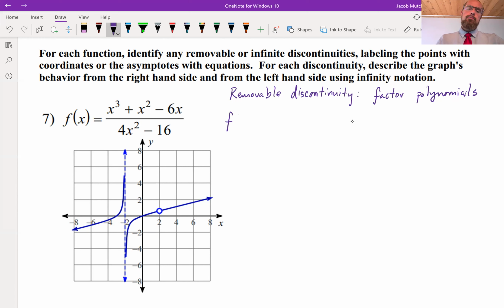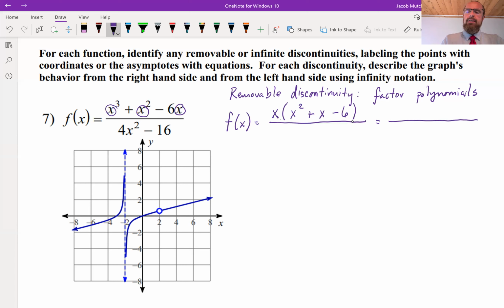So from my numerator, this is a cubic, but what I notice is that there is an x factor in each of these terms. So what I would do first is factor out that x. It's going to reduce the power of each one by 1. So that will be x squared, this is what's left, plus x minus 6. Once I do that, I see that I have a trinomial quadratic, x squared plus x minus 6, that itself